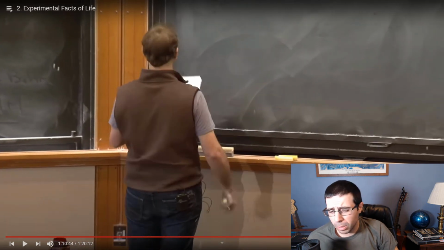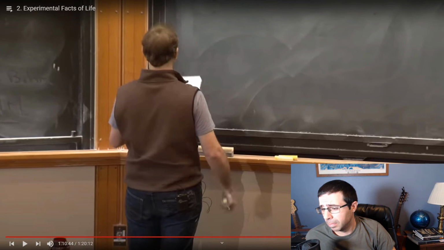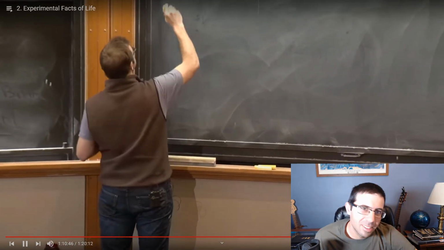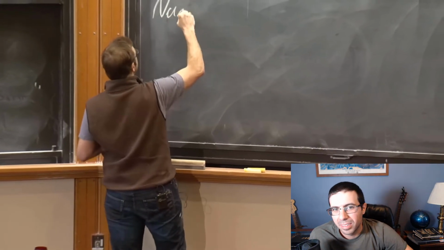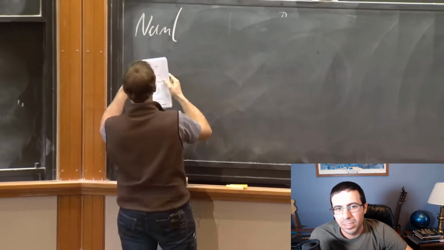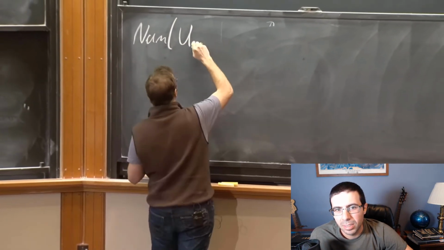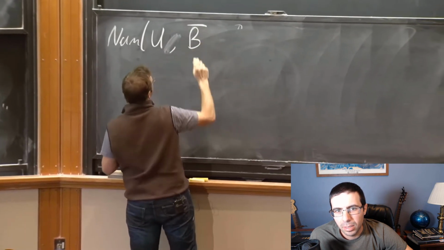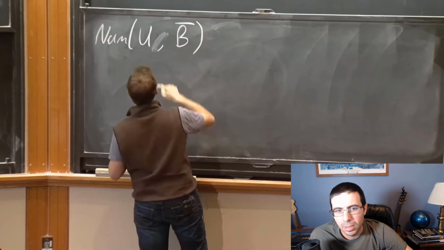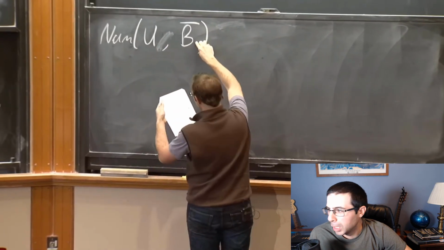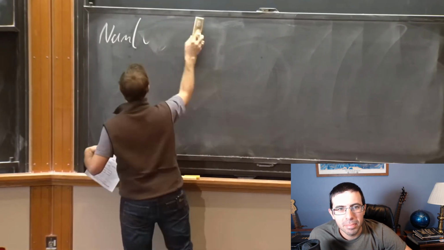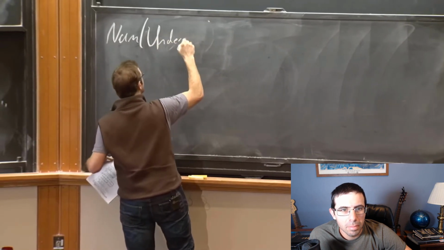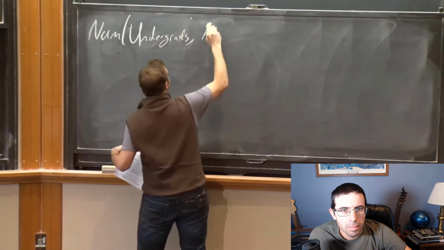Nails the coffin closed for logic and reason. Claim that the following inequality is true. The number of people in the room who are undergraduates, which I'll denote as U, and not blonde, which I will denote as bar B. So undergraduates who are not blonde. Actually, let me write this out in English, it's going to be easier. Number who are undergrads and not blonde,